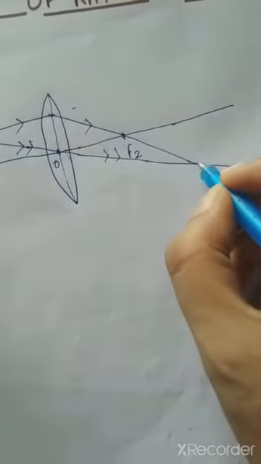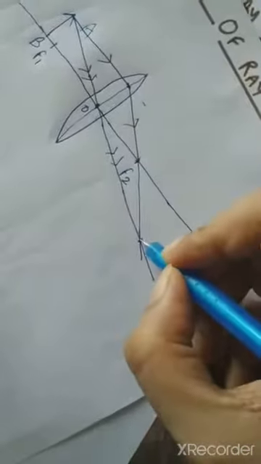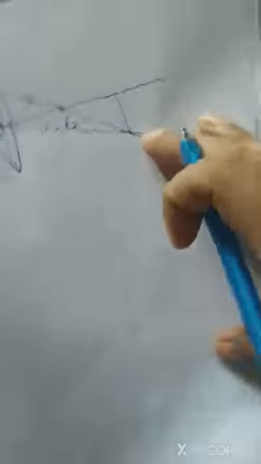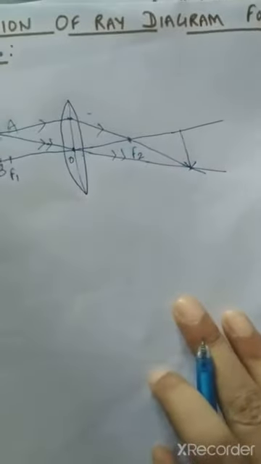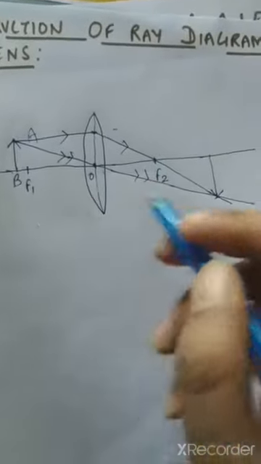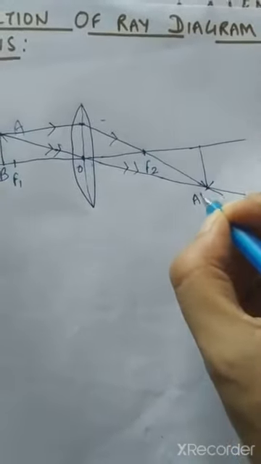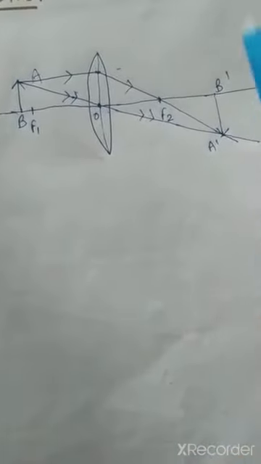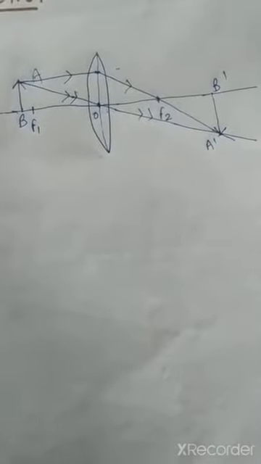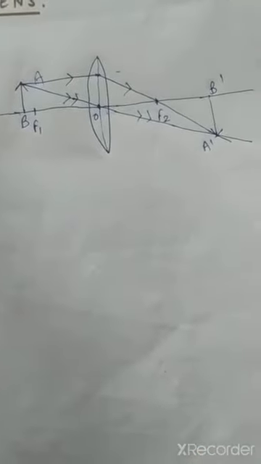Then from here you have to draw a perpendicular. These two rays of light intersect each other at this point. So from here draw a perpendicular on the principal axis. So this will be the position of the image. Clear? So like this AB is given, so this will become A dash B dash. Clear? So this is how we draw the ray diagram. So it's done. If our object is behind F1, the image formed will be after F2. So this is the ray diagram for the